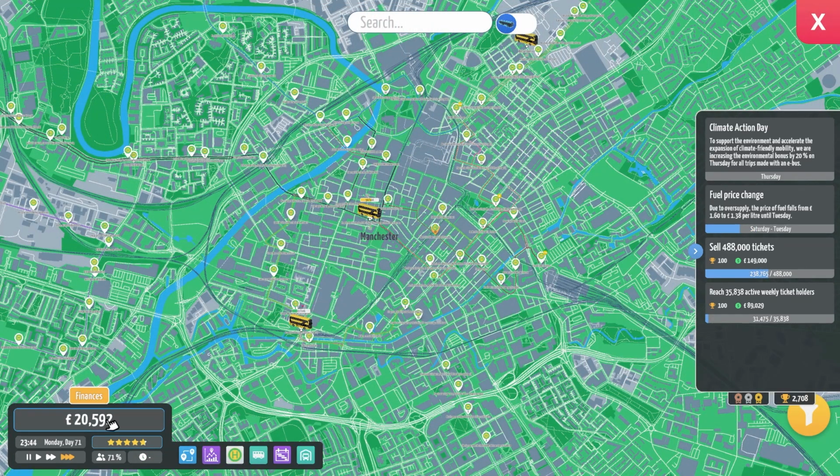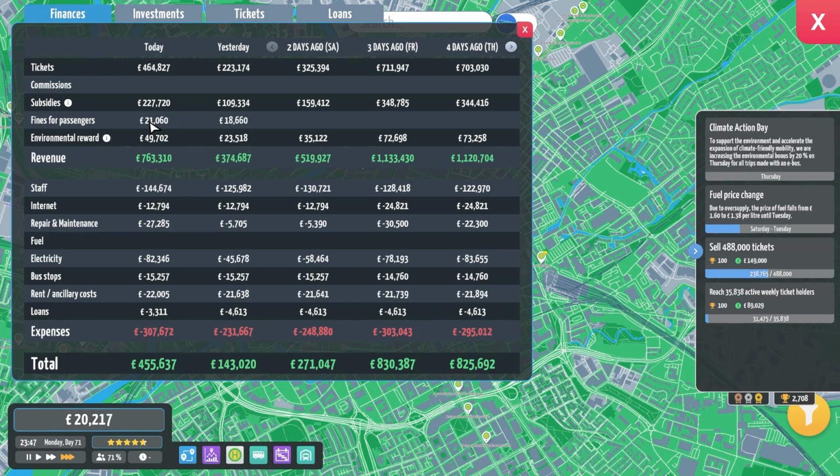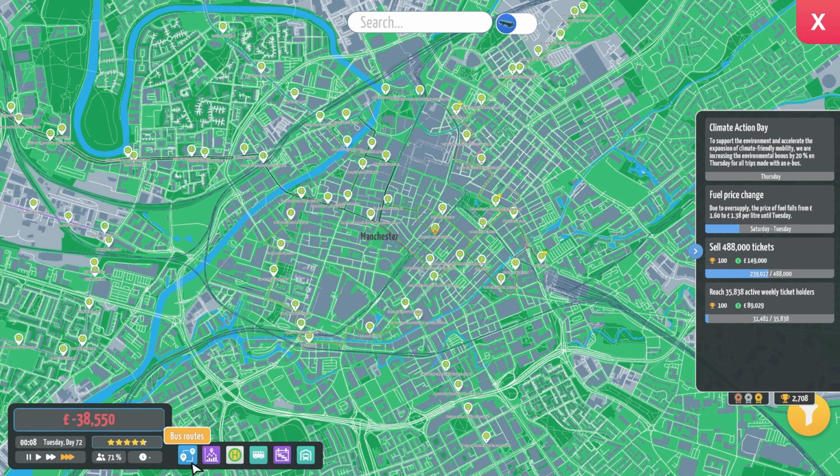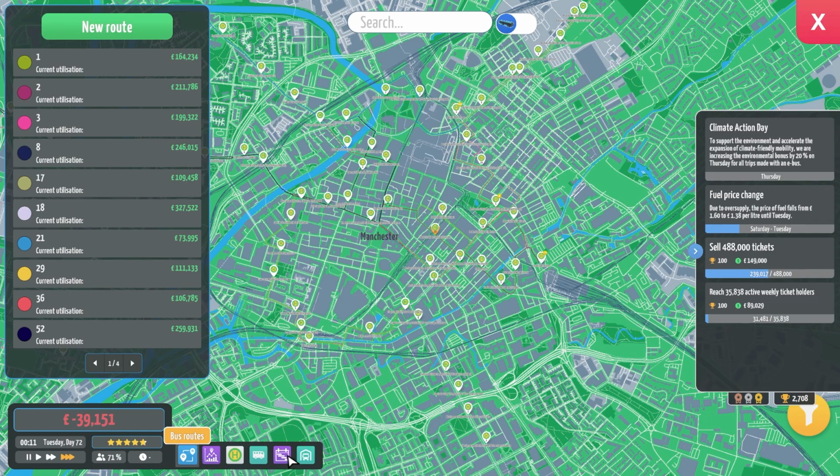So we're getting towards the end of a Monday, and we've had £21,000 in bus fines on a Monday, which is quite insane, to be fair. And obviously, that's just the start of it. We've been able to move over our 18 bus routes